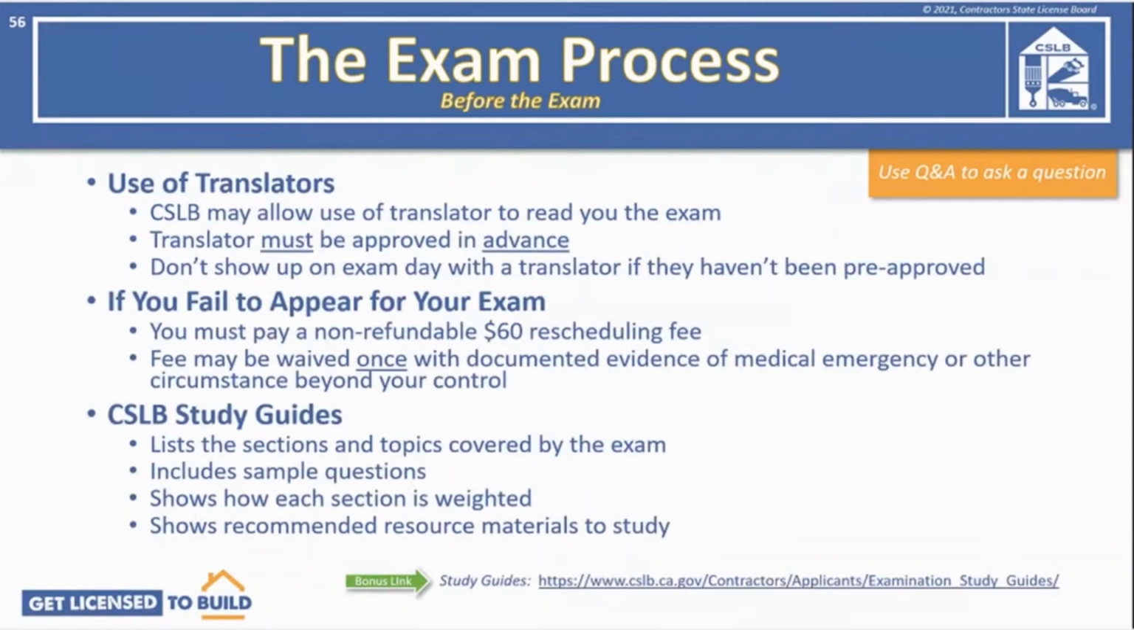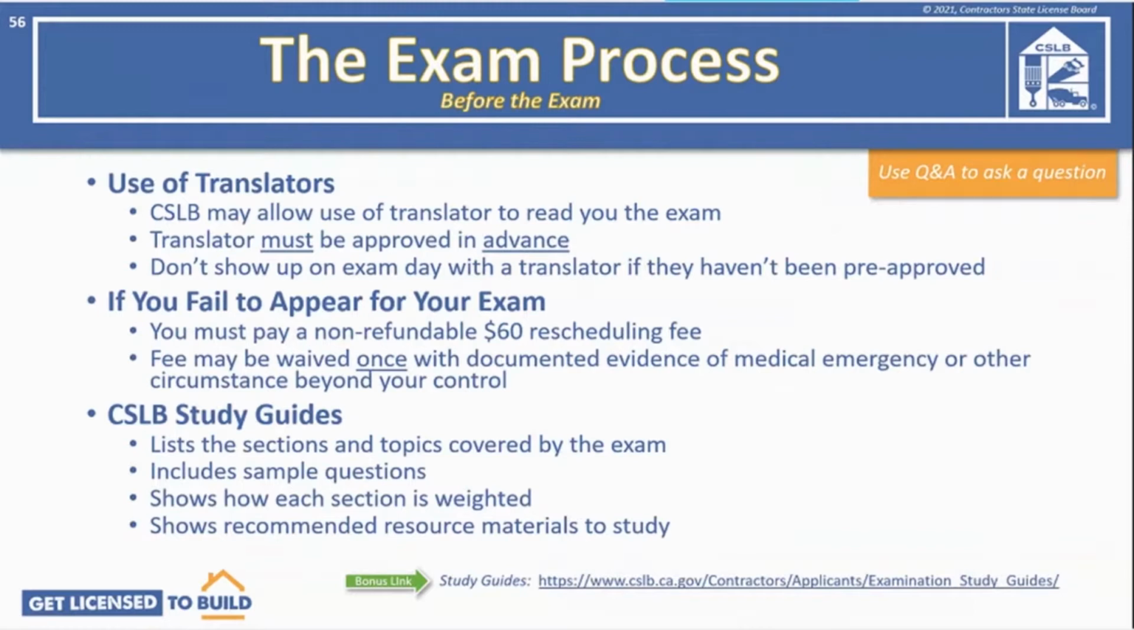If you're an applicant whose first language isn't English and you don't feel confident taking your exams in English, we do allow you to use a translator. The translator who you provide simply reads your exam questions. Question number 15 on the application asks if you need a translator to complete the examination. The translator must be approved by CSLB in advance. You cannot just show up on the day of your examination to the test center with someone to translate the